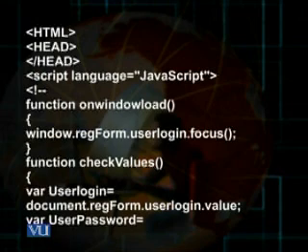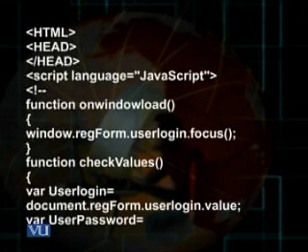And let's come to the function below. This is a very important function. Function checkvalues. I have named this function as checkvalues. And within the curly brackets, I have in fact defined a few variables. I would also introduce some if statements. The closing curly bracket of this function checkvalues appears just before the closing of the script tag. You would notice that when we go through this code further, you can see that I have defined a few